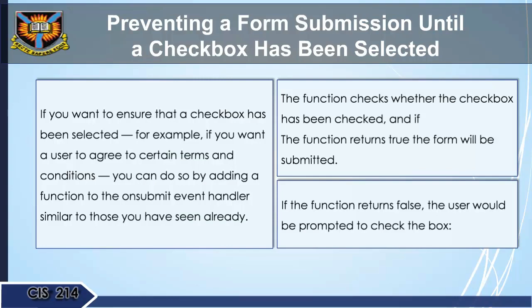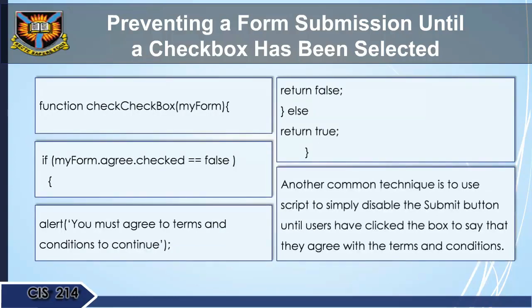If the function returns false, the user would be prompted to check the box. function checkbox(myForm) { if (myForm.agree.checked == false) { alert("You must agree to terms and conditions to continue."); return false; } else { return true; } }